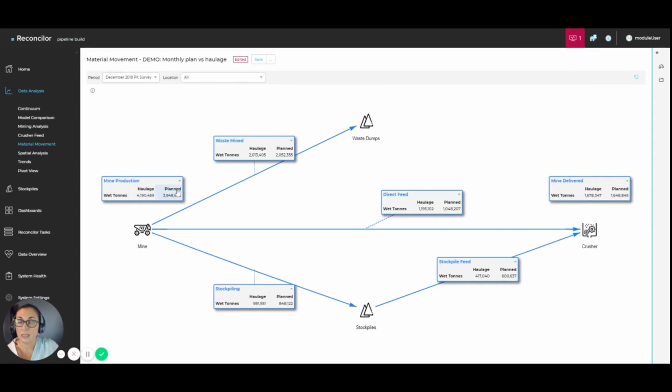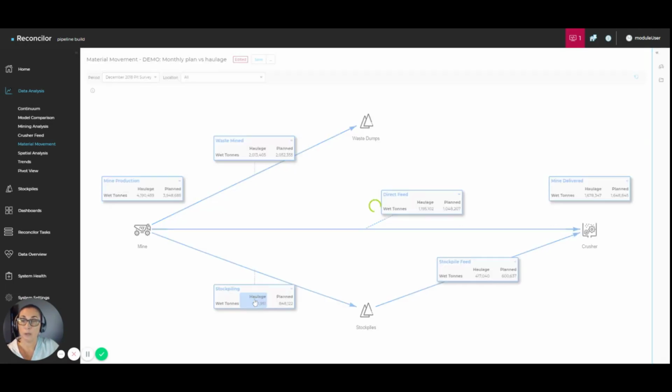And we've got the two numbers. There's no limit to how many sets of numbers that you have here. You could also do a filter on the planned numbers or on the hauled numbers, and start to look at the stockpile individual numbers that you wanted to. Let's go down to stockpiling. If I open up the haulage for stockpiling,